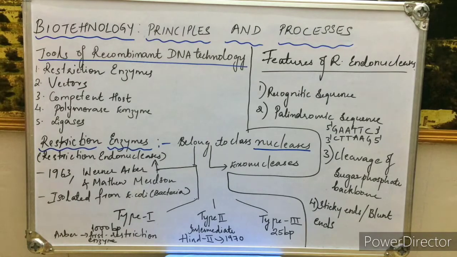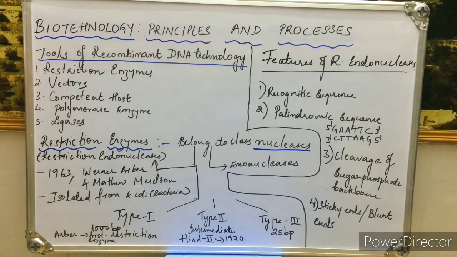Like in case of plants, in case of agriculture, you are going to get the high rich vitamin content food materials also. It is all based on the gene of interest. To get the gene of interest, these are the tools that are used to construct the recombinant DNA technology. So we are going to see the tools one by one in detail.